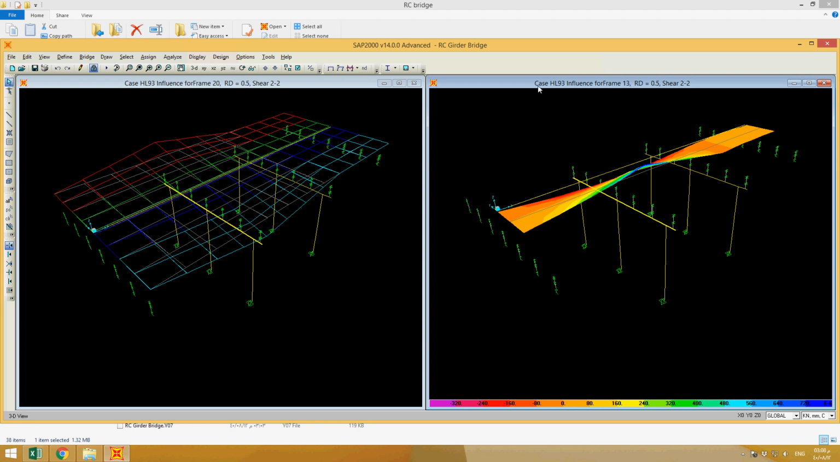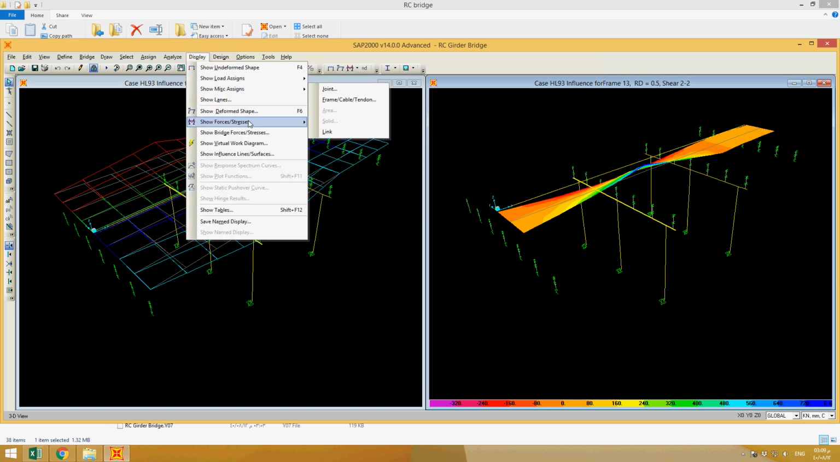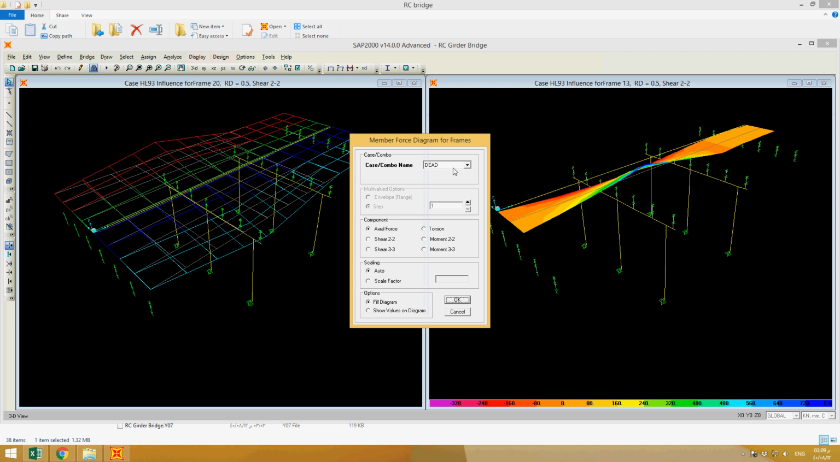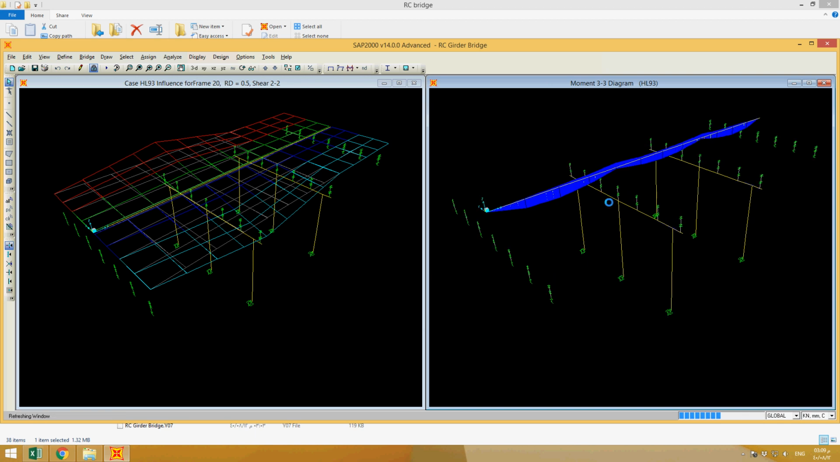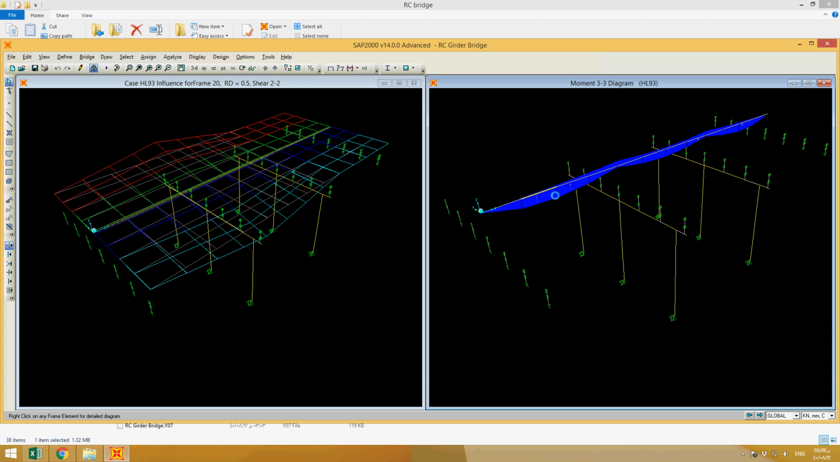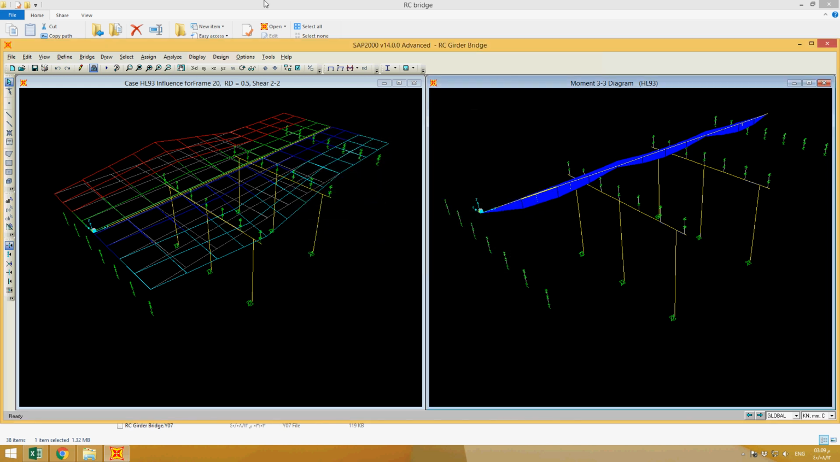Next, if you want to see the bending moment diagram under the dead load for this frame, you can also see. You can go to display, show forces and stresses, frame, and then okay, dead or HL93. Yes, this is how you can see. This is the bending moment diagram, and if you right click and move this, you can find the forces as you change the location. Done. And if you want to see the shear force diagram,